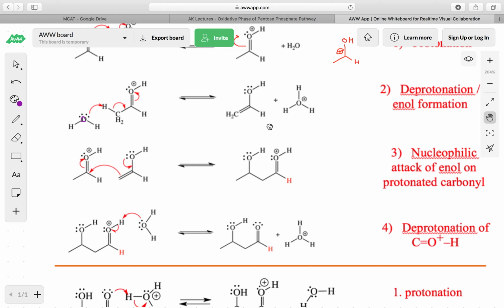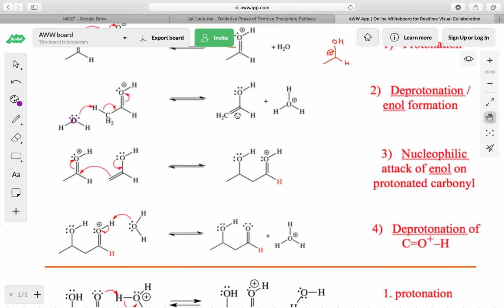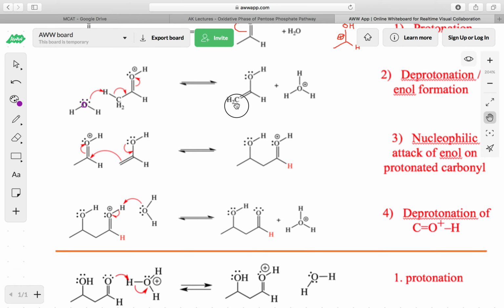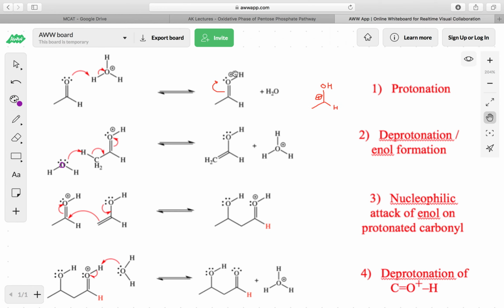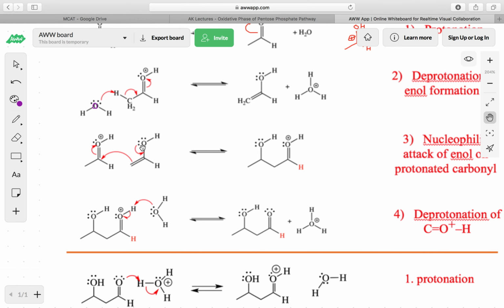So this group we've seen before, this is called an enol, because there's an alkene and there's an alcohol. So that's where the name comes from. Now this enol we just formed is going to attack another one of these protonated carbonyls we just formed. So the enol plus the protonated carbonyl. And remember, this protonated carbonyl is a good electrophile, so it's easy to attack it now with this enol we